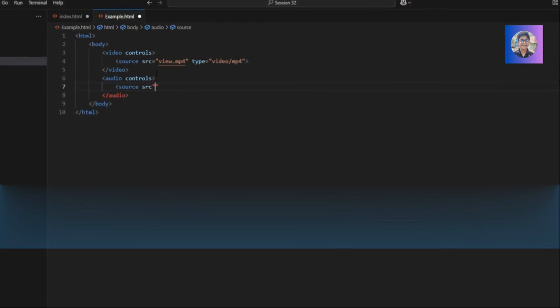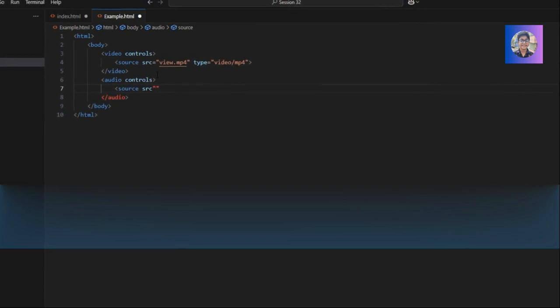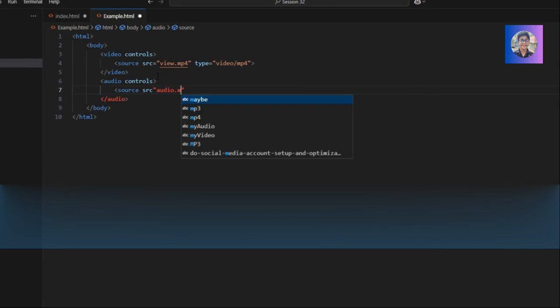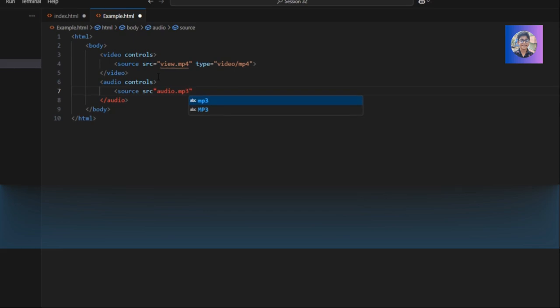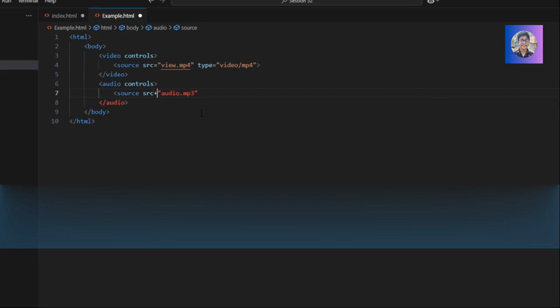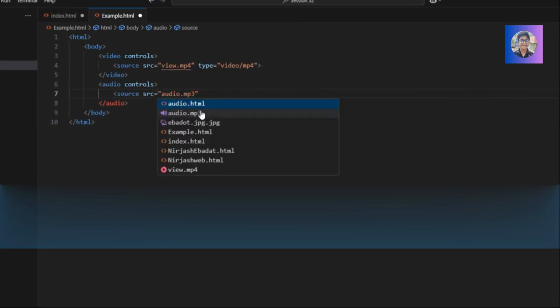then write quotes, and in here you have to write the audio file name. So my audio file name is audio.mp3. Now why is it showing red? Because I haven't given an equal, so you have to give an equal. So let's give equal, don't give plus, give equal,